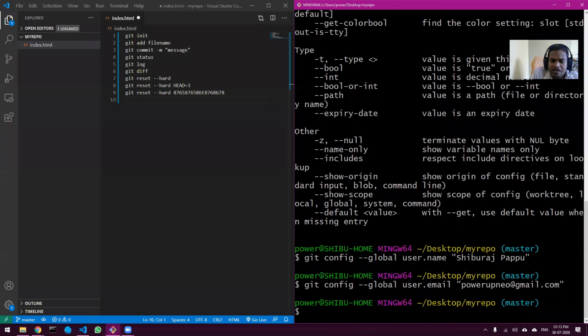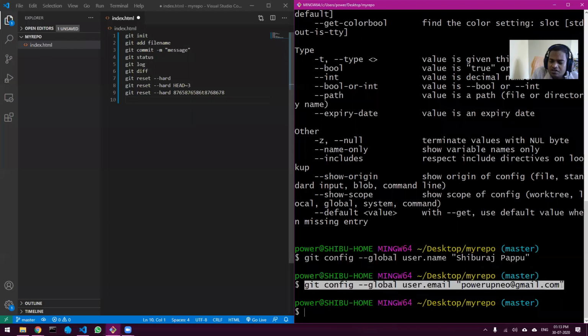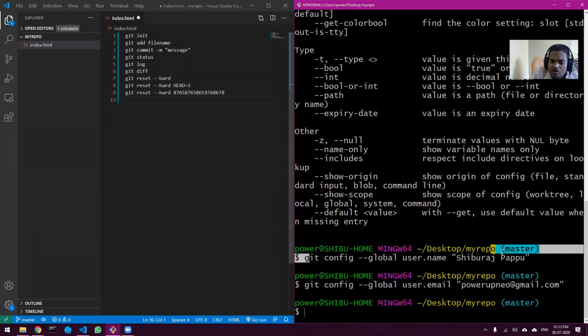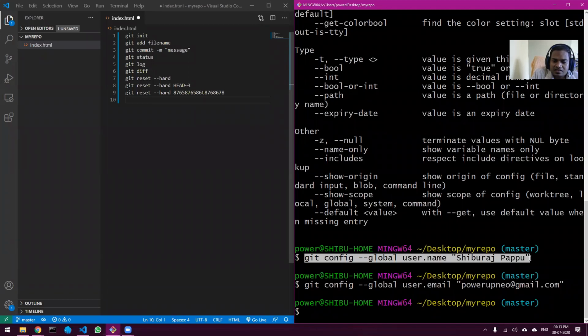And definitely if you forget to add these two lines, then you cannot commit at all. You will not be allowed to commit. So this is important at the beginning of development. When you start developing, you should set these two fields, user name and user email.